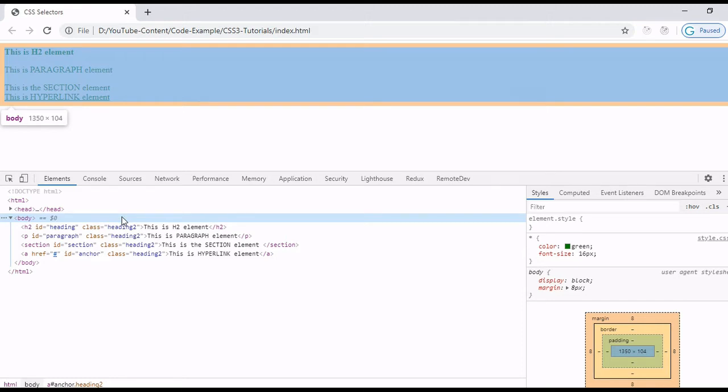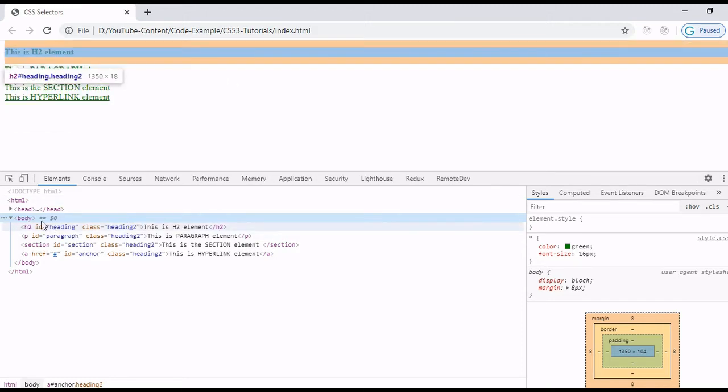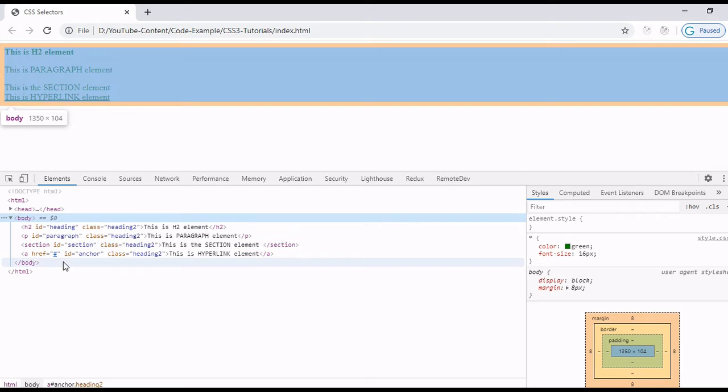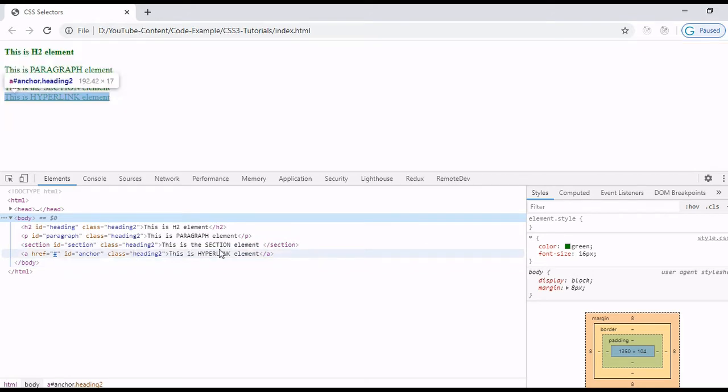If you want to remove this default CSS for all the elements, then in that case the universal selector is very useful, where you can reset all default CSS of the browser. So this is the main purpose of the universal selector.